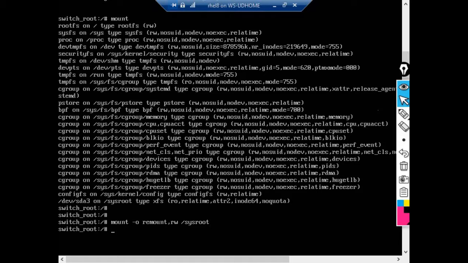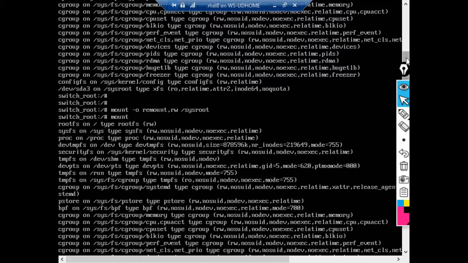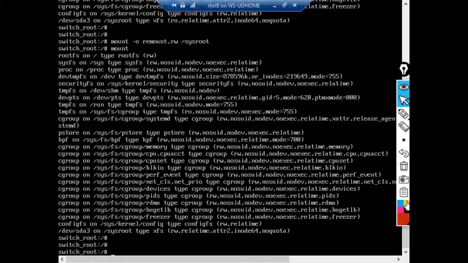Now the sysroot file system, nothing but the root file system, the / partition, will be loaded as RW, which you can see in the last line. So now you can observe your Red Hat is mounted as RW, that is read and write.